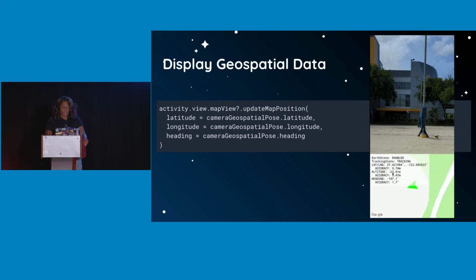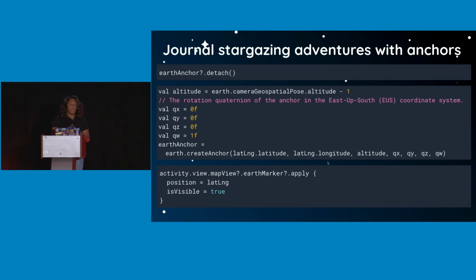It'll give you altitude, which is something that's really interesting, because on top of this, there's a terrain model where you can start to say you want to take your stargazing adventures to some mountain hiking, right? And you want to be able to show other users the different terrain and different elevation that they may see the best constellation, let's say. And so this is something that we didn't have before, where we can start to include elevation in our measurements. So that was making sure that we were getting more accurate positioning and rotation for any of our